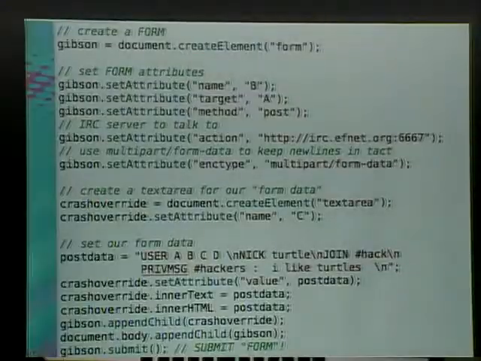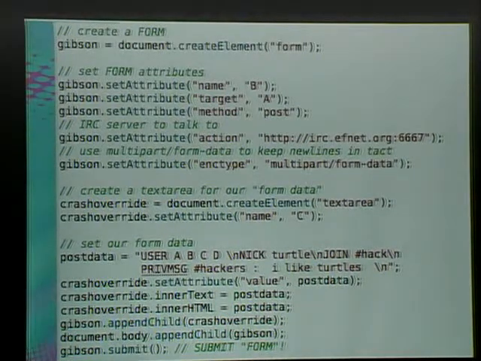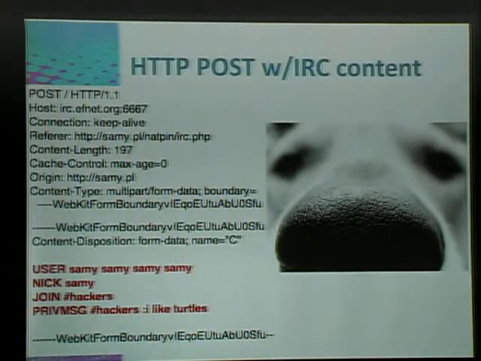All right, so why is this interesting? I really don't care about making Anna harass some IRC channel. I do that myself. So this is actually what the HTTP request would look like, right? You have all the post data, and then until you get to the actual post content, which is in red, and that's the data that the IRC server will finally say, oh yeah, I understand these commands, and then execute those commands. Well, the cool thing is what we can do is we can use something called NAT pinning, which is like